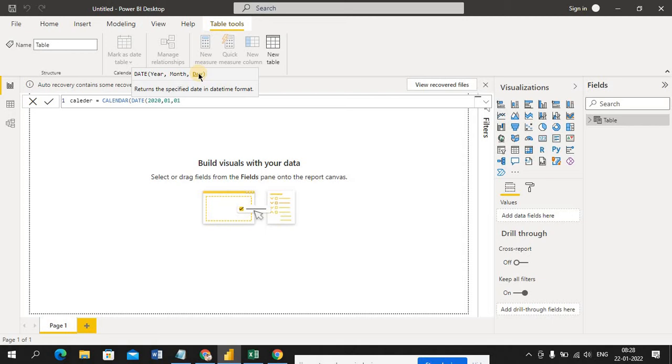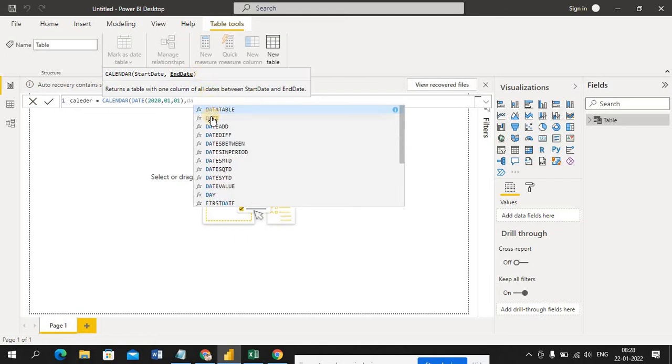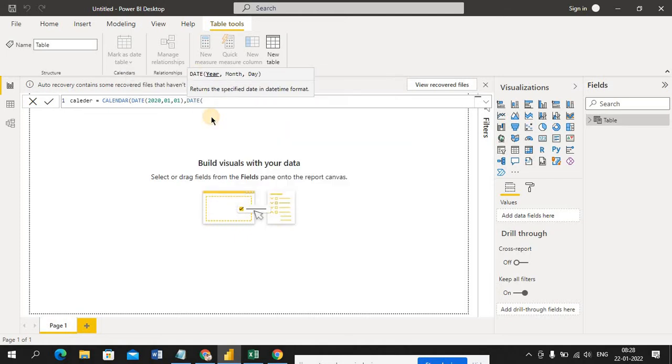Okay, just close it, comma, end date. Okay, again I'm looking at the date format, just give year 2021, month 12, date 31st December. Just close this. Okay, enter.